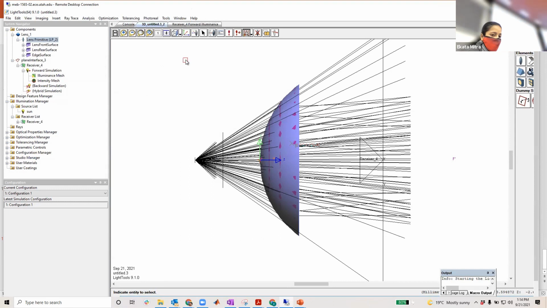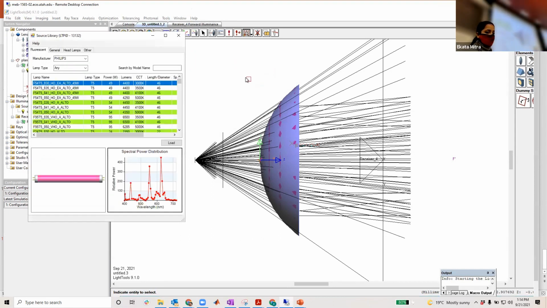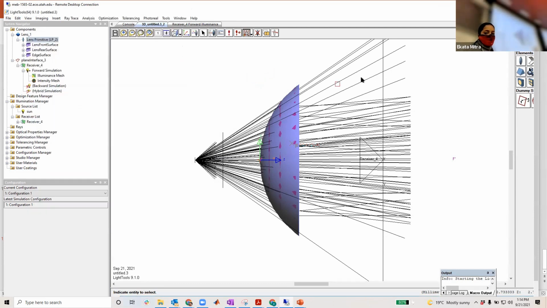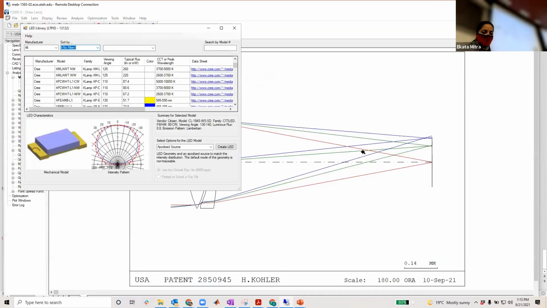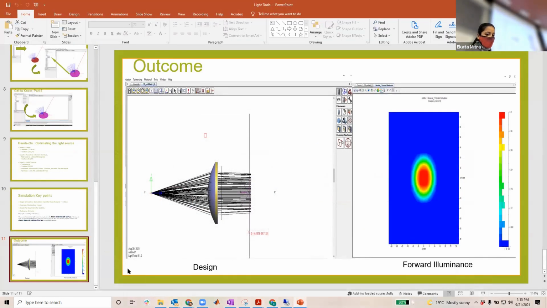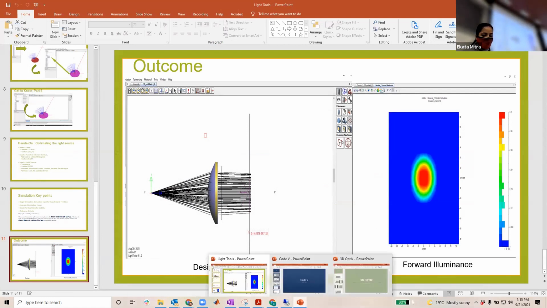I think from the source library, I have taken the examples about the solar concentrator, and you can see it. So these are a few things about LightTools. Again, you are going to have more of it next day. Dr. Mariket will teach you on this, but now I'm going to shift to another software that is